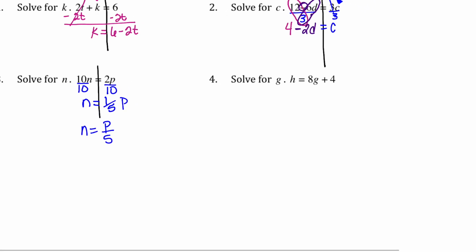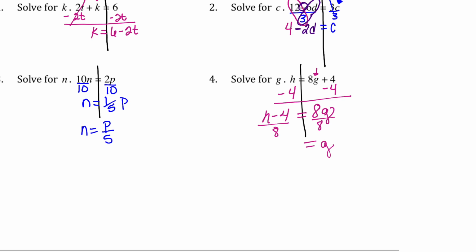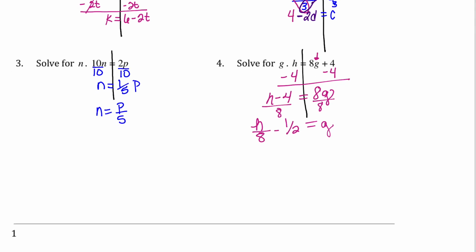All right, number 4. We're going to draw our line through the equal sign. We're going to isolate the g this time. So we need to subtract 4 from both sides. Okay. So we are going to get h minus 4 equals 8g. Then we're going to divide by 8 on both sides. So we're going to get g equals h over 8 minus 4 over 8. 4 divided by 8 is going to be 1/2. So that is going to be our final part for